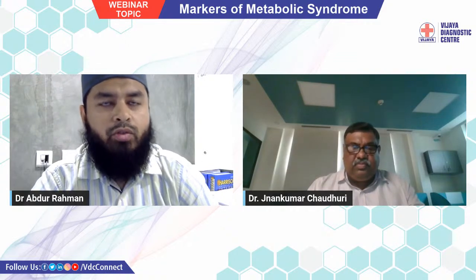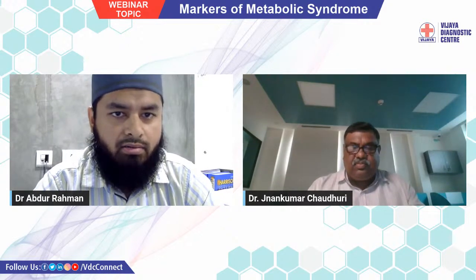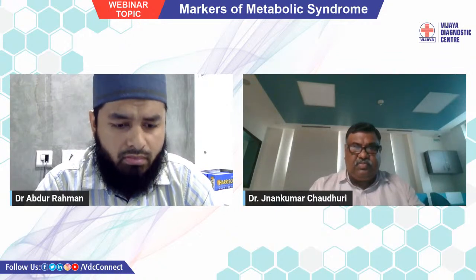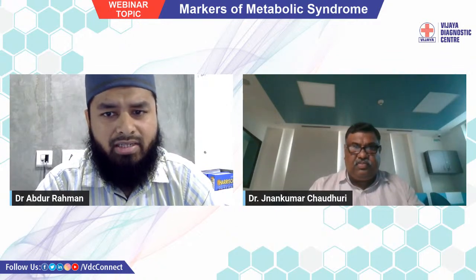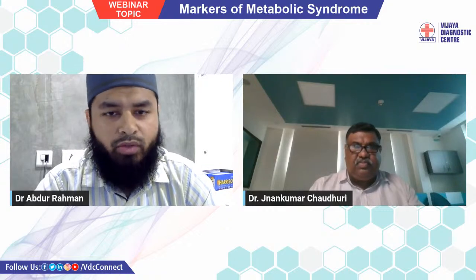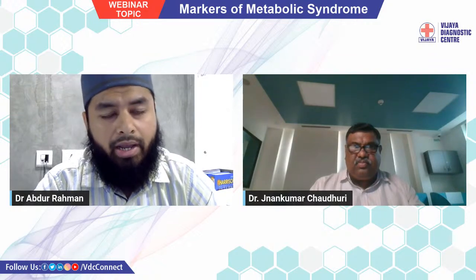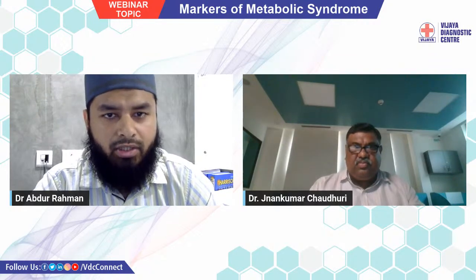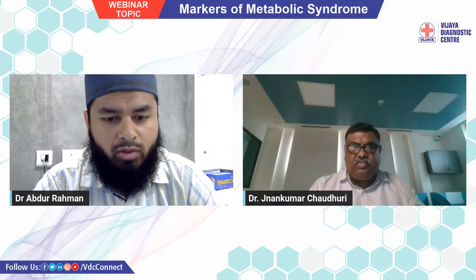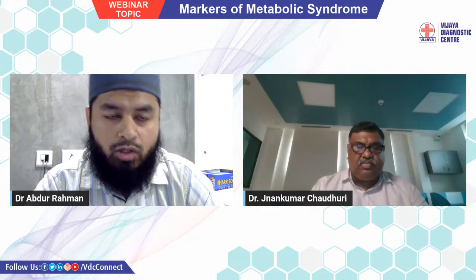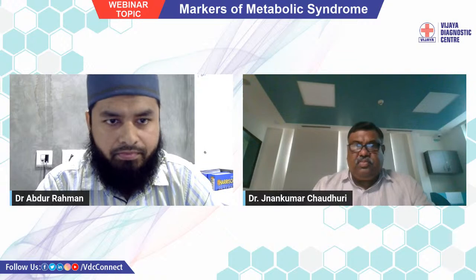So what we do is we analyze fasting glucose, we analyze fasting insulin, and then we calculate the HOMA-IR index. According to the index, we can notify the patient which status he or she is in. If it is within the range, then fine. If it is more than the range, then we can predict and warn the patient and educate the patient that you are in a serious condition and it can progress to diabetes. So this HOMA-IR is a very good calculative index used for prediction of insulin resistance, also for diagnosis, and it's quite specific.